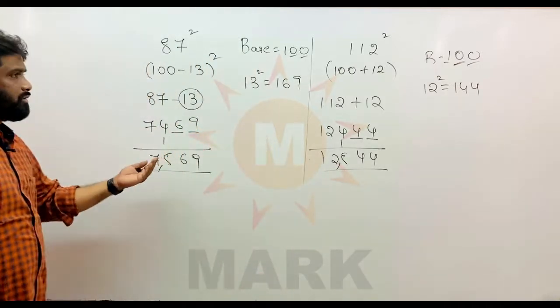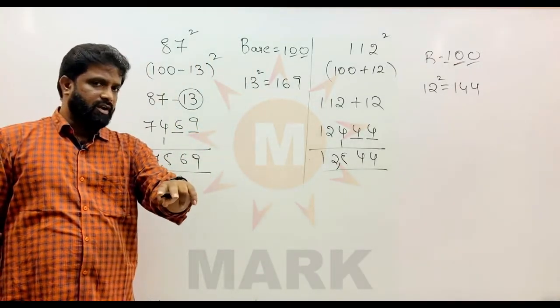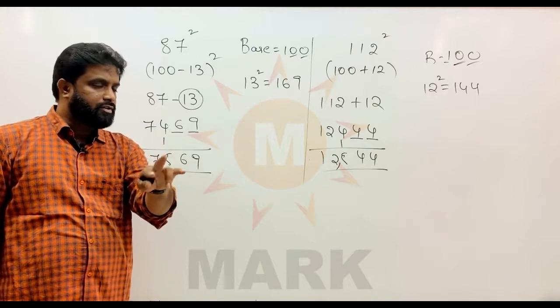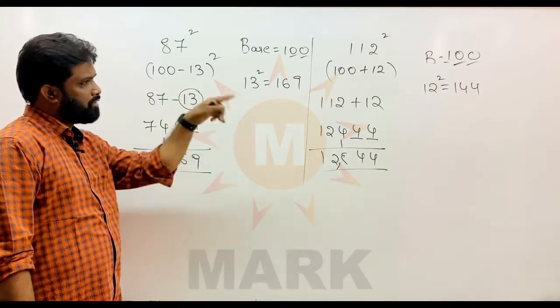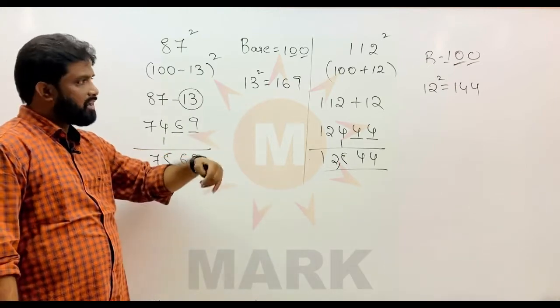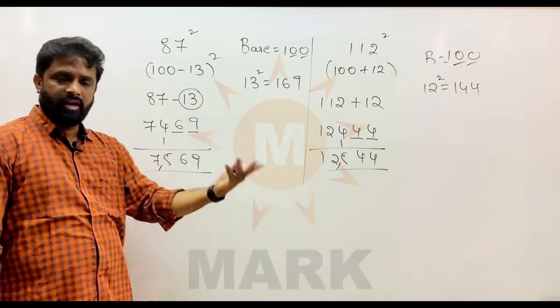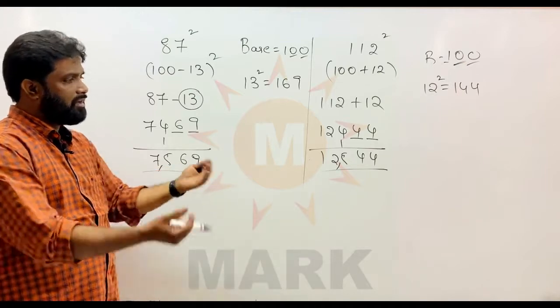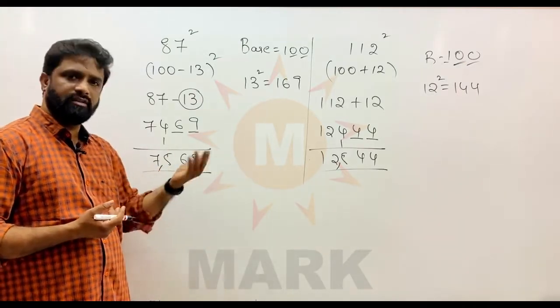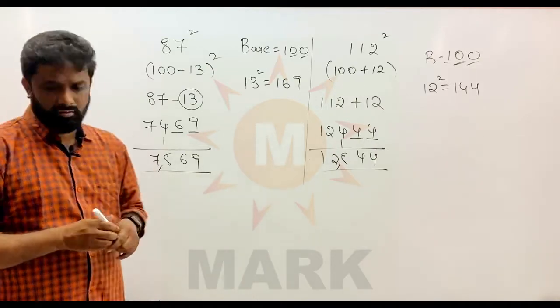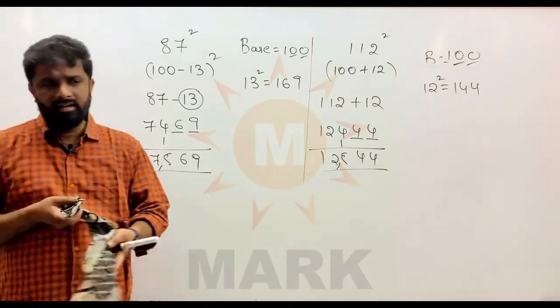12,544. So in the previous cases we took examples where there were no carry forwards, but here I am taking such examples. One is in the lower neighborhood, one is in the upper neighborhood, so wherever you get carry forwards, this is how you have to handle them. You can extend this topic to 1000 and 10,000 also.